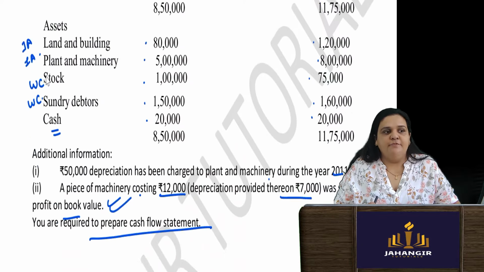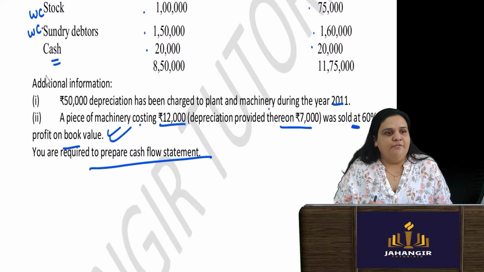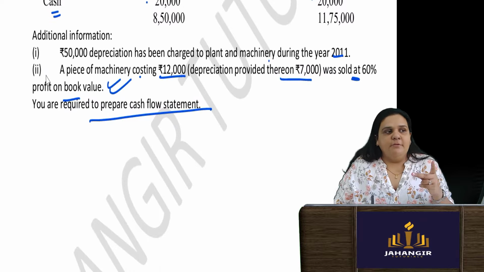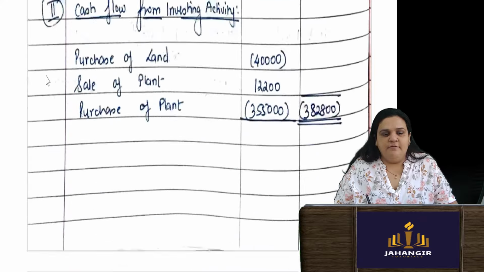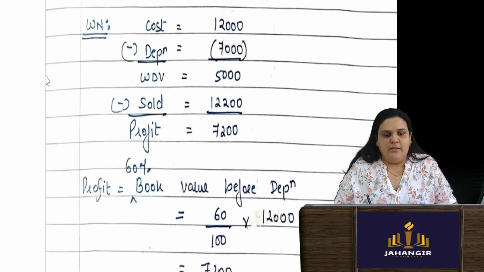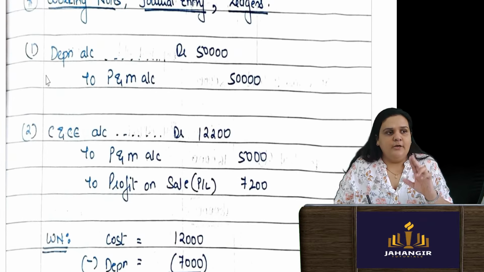Okay, with the help of which we will be able to find the profit. Now they have given me 2 adjustments related to plant and machinery. One is about its depreciation and one adjustment is that machinery was also sold. All the adjustments which they give, we will take that in the form of working note. Okay. There are two adjustments.